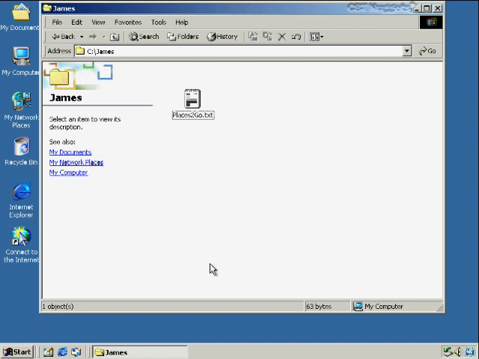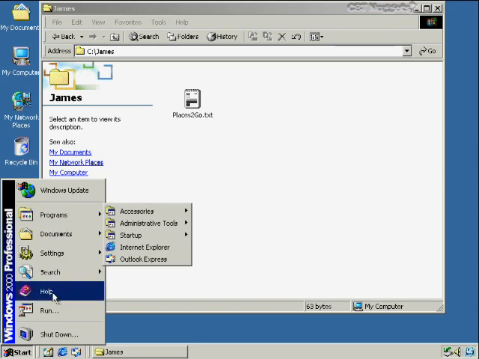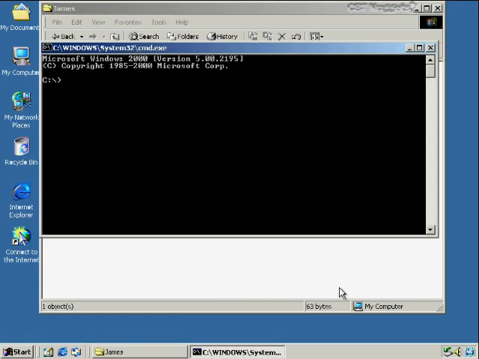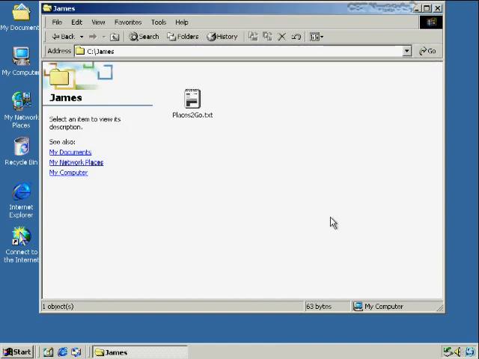Now, if we take a look at Windows 2000, I have started the Telnet service on this computer. You can do that if you want to. Let me go to a command prompt, CMD, and you can do a net start telnet and press enter. I've already done that, so I don't need to complete it for the time being. I've started that Telnet service, and I've also dumbed down authentication just so that we can see this work.